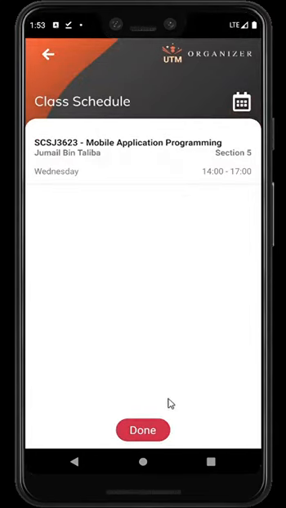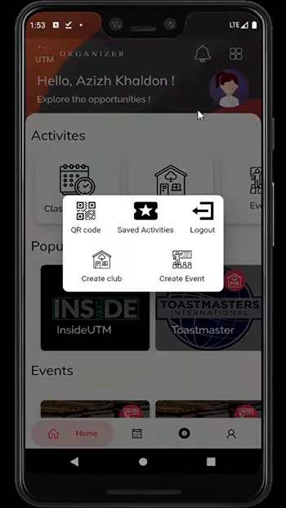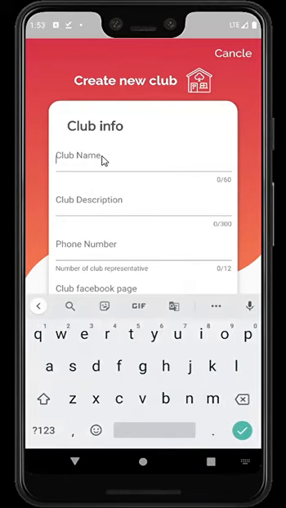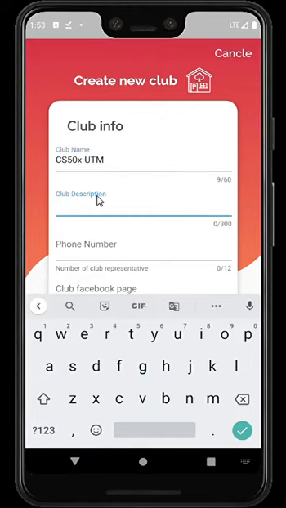Okay, that's all for the first feature, and then let's go to the second feature, which is the create club feature, which you can reach by clicking on the dashboard icon here, and then you go to the club, create club. Here you will have to write the club name. Let's say I will write CS50 UTM, for example, and then the description, I will just write CS50, the phone number,